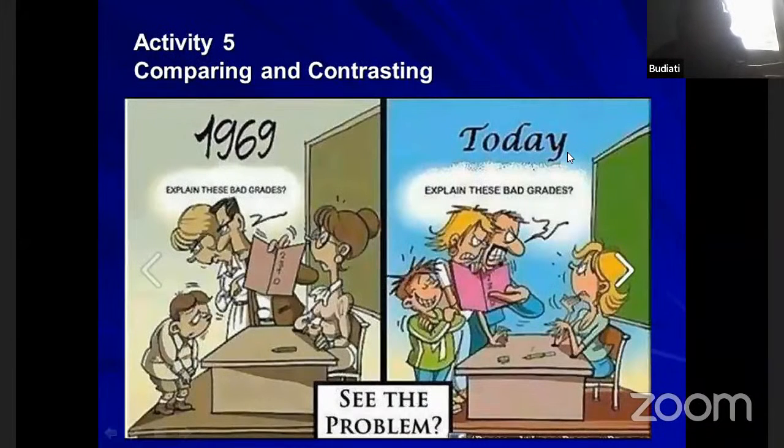Actually, you have already prepared it yesterday. As I told you, I'd like to ask you about this before we come to the new topic. Yang sudah ready, please raise your hand. Yang sudah ready, silahkan. Boleh langsung raise your hand, tidak usah saya panggil. You can see from the point of view as a sociologist, as a teacher,